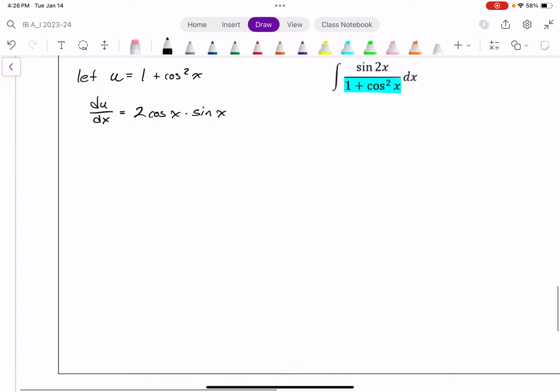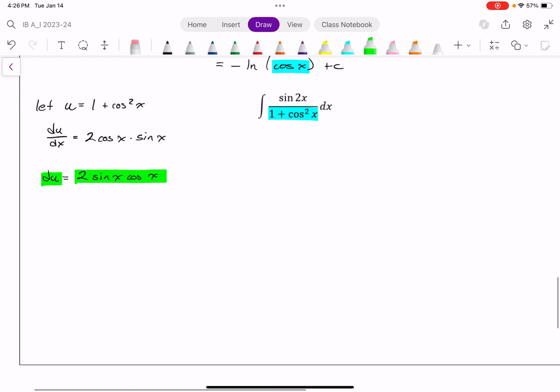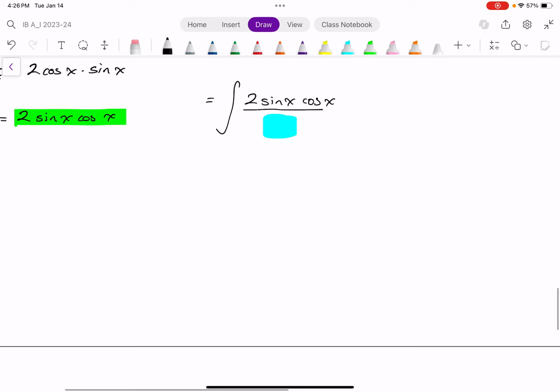And so multiply both sides by dx, or isolate du. Du in this case is 2, I'll write it like this, sine x cos x. I'm writing it in this order because I know that's the double angle identity for sine. I recognize that. And I go, hey, what you see there is the sine of 2x. And so let me go back to this original question. I'm going to rewrite sine of 2x, using the double angle identity for sine, as 2 sine x cos x. And I'm going to rewrite 1 plus cos squared x as just u, because that's what I substituted it with,